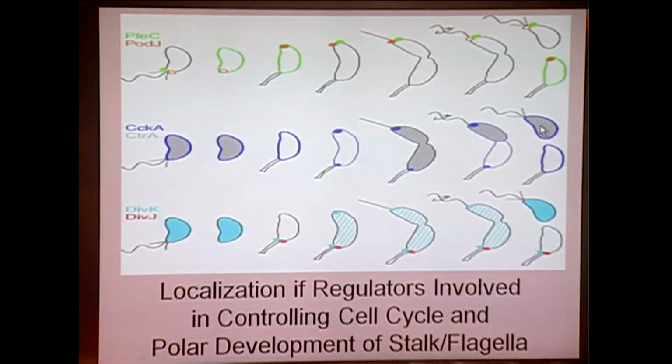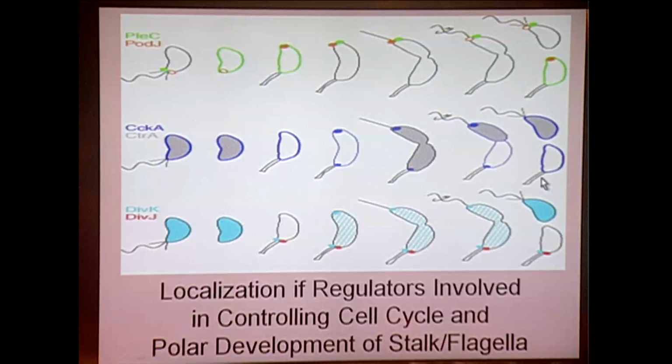The same thing we see in another case, where the CckA is the histidine kinase, whose position is being determined by the CtrA protein, and ultimately the same thing happens. Ultimately the grey cell with the cilia is given out as the swarming cell, and the white cell is sedentary